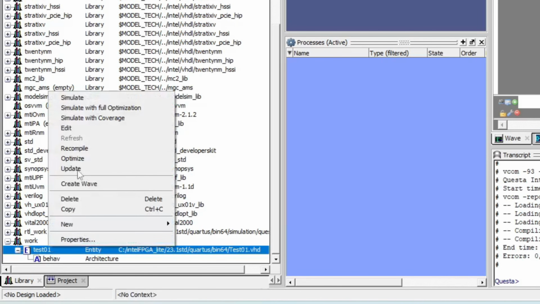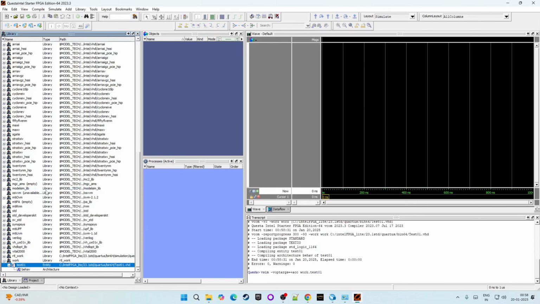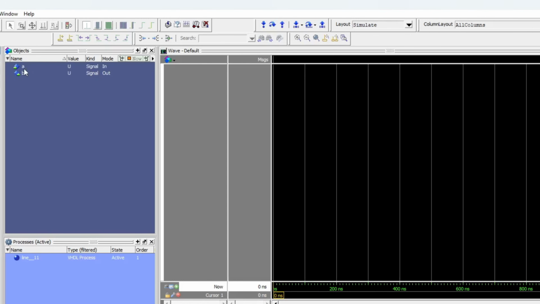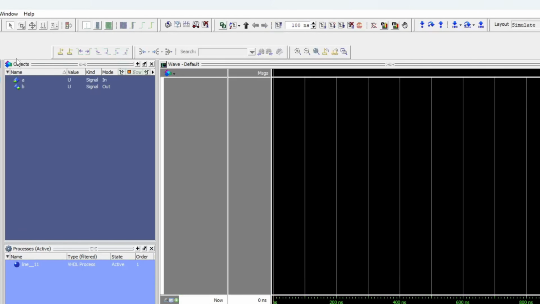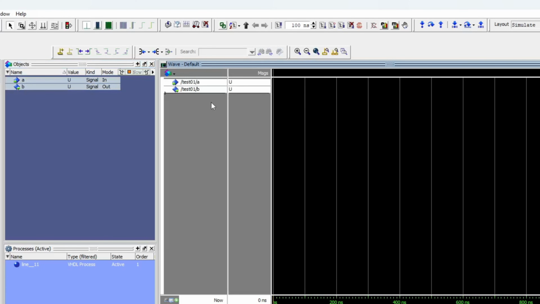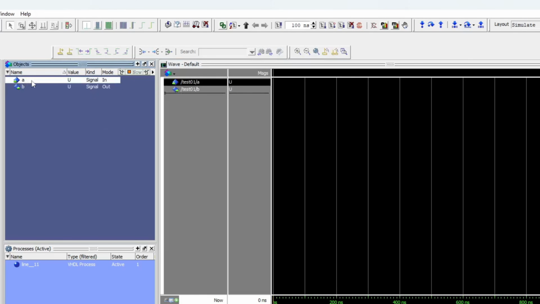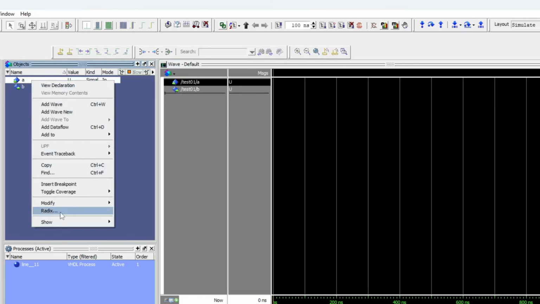Same, right click and click on simulate. Now you will get your input and output ports in the object section. Select both of them and drag them to the waveform window, and give A some value or you can give a clock, because we just want to check it for both of the values.